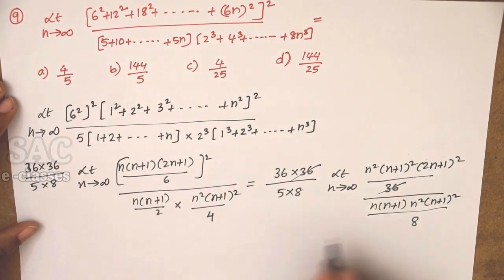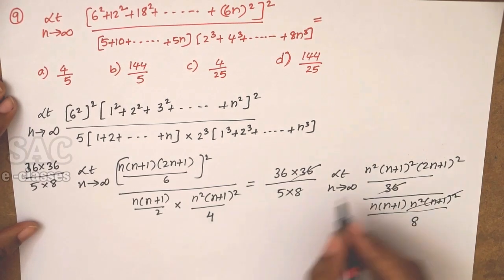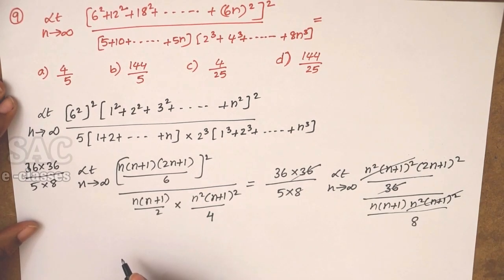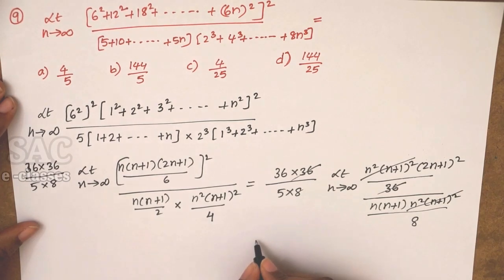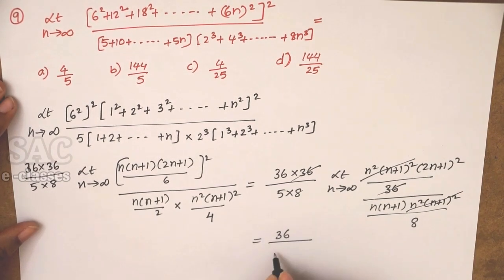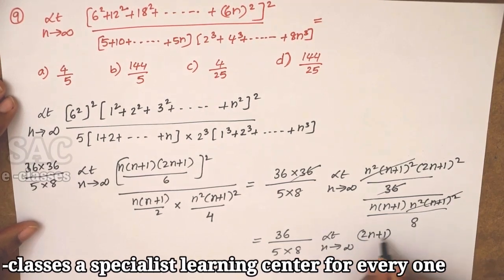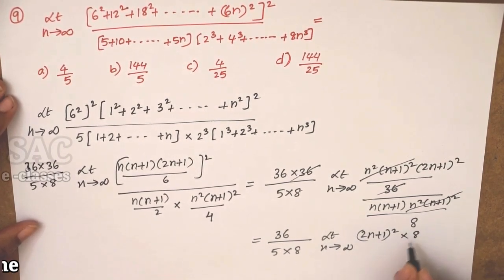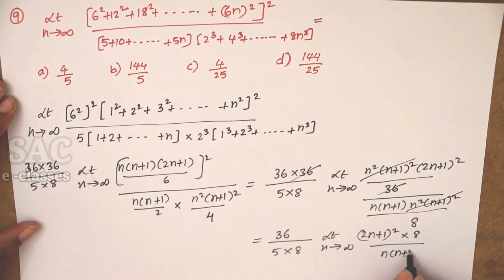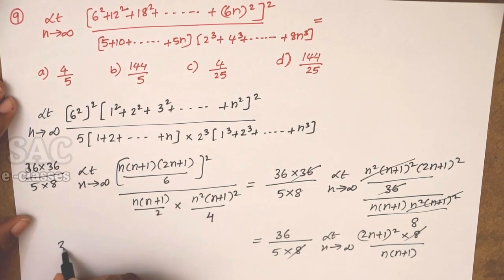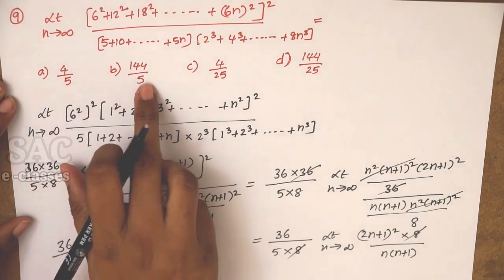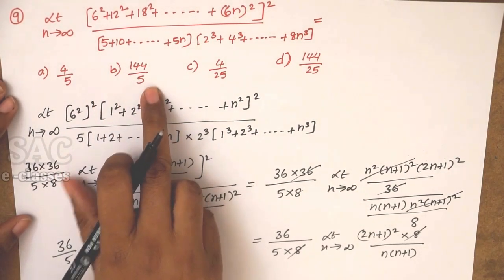36 getting cancelled, n square (n plus 1) whole square, and this is getting cancelled. So what is left over here is 36 by 5 into 8, limit n tends to infinity, (2n plus 1) whole square into 8 by n into (n plus 1) whole square. Now this 8 and 8 are getting cancelled. Now 36 by 5 into... mostly we can get the answer in terms of denominator 5, it is there in option A